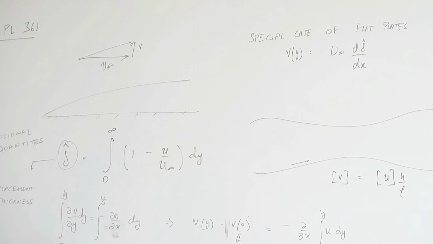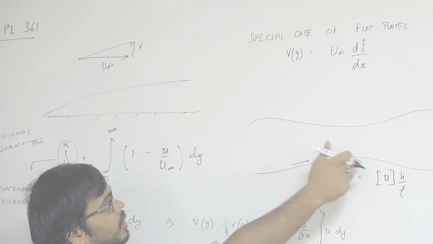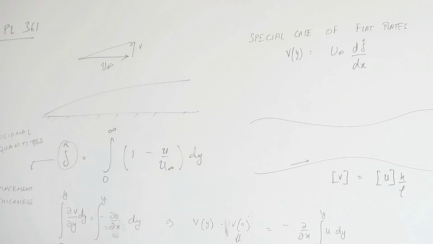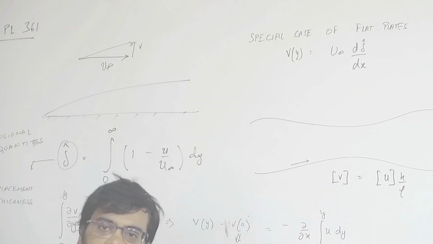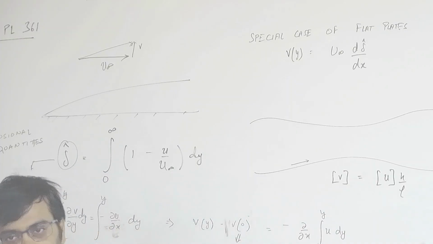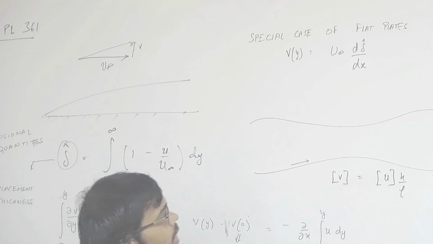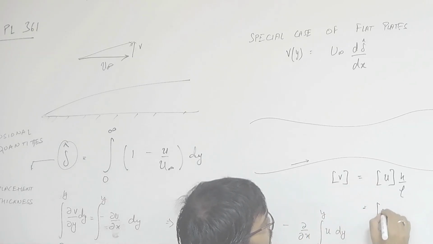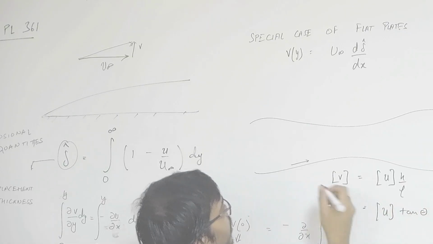How the y direction surface is changing in x, something like dy by dx, which makes sense also when you have a flow that is being turned by the walls. Whatever the tangent of the walls is, those walls are trying to direct the flow in that tangent. So if you have a flow that has speed u infinity and you are trying to turn it, then your x direction velocity is u infinity cos theta, y direction is u infinity sin theta, and so on and so forth. So you are basically writing this by saying that this is tan theta, which makes sense also,